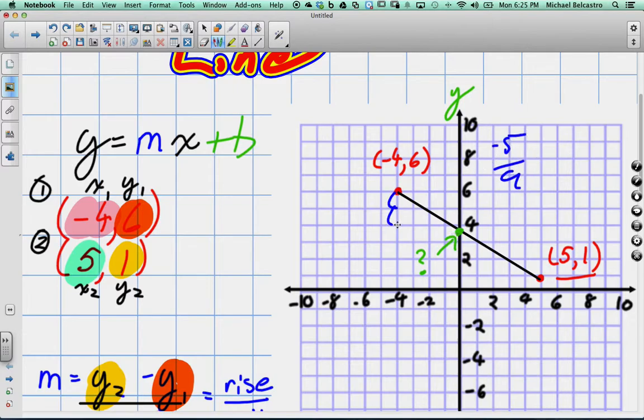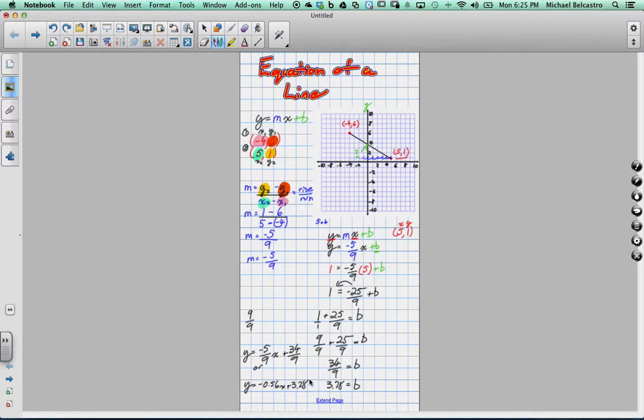So we go down 1, 2, 3, 4, 5. And our run is 9. 1, 2, 3, 4, 5, 6, 7, 8, 9. Well, that's perfect. That's exactly our slope. So it's a lot easier to write slope as a fraction and y-intercepts as decimals. But it technically doesn't matter. You can write it any way